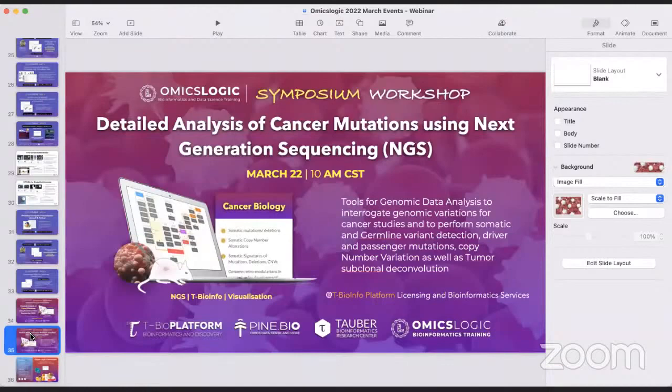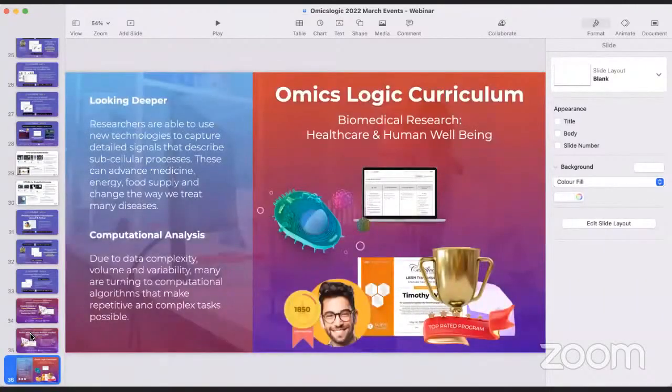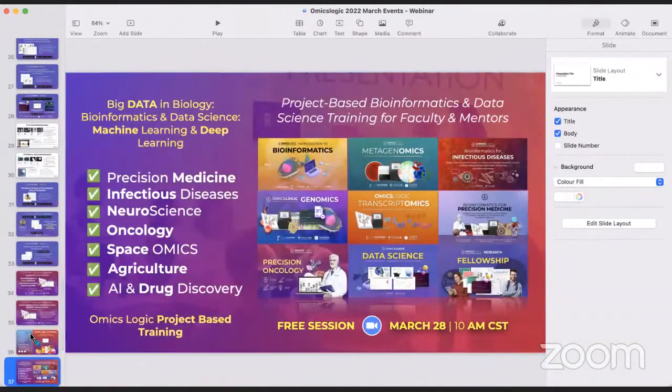So followed by that, the last session, the last workshop before the symposium, is on curriculum development. So we have our university partners whom we are working with, and where we have these curriculums integrated for students to go through these specific trainings, like learning about different types of omics technologies, as well as integrating them into